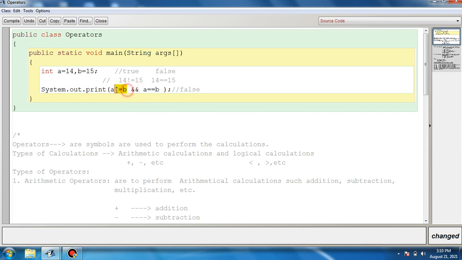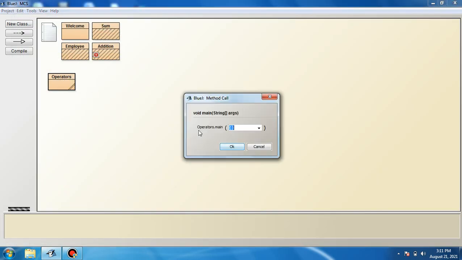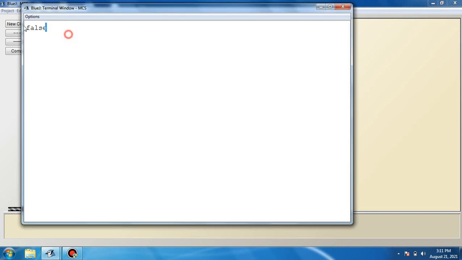that is, these expressions, or you can say relational expressions or conditions, must result in true, or you can say all the test expressions must result in true value, then logical AND will result in true. Otherwise, if any one is false, the final resultant will be false. This logical AND will result in false. So you can see here it will result in false value. Why? Because one of the expressions is resulting in true value, another one is false, so the final resultant will be false.